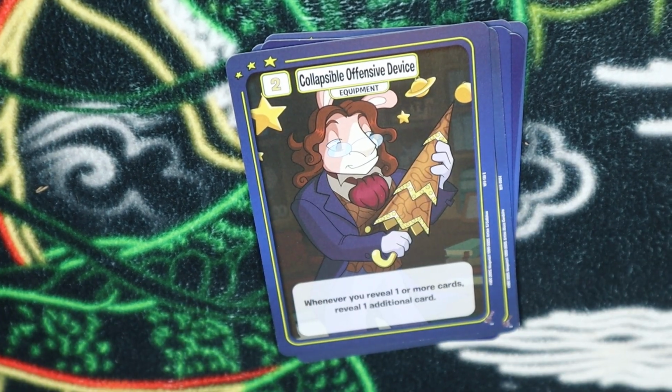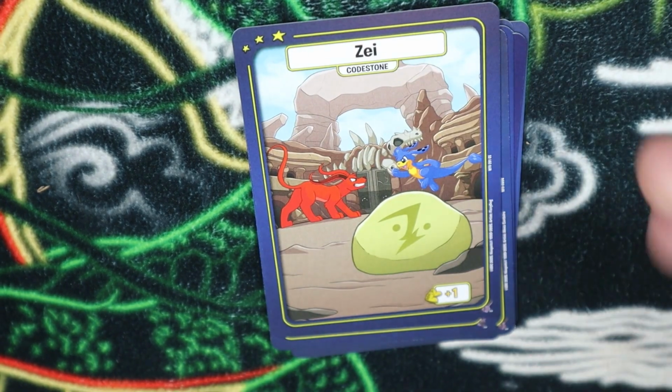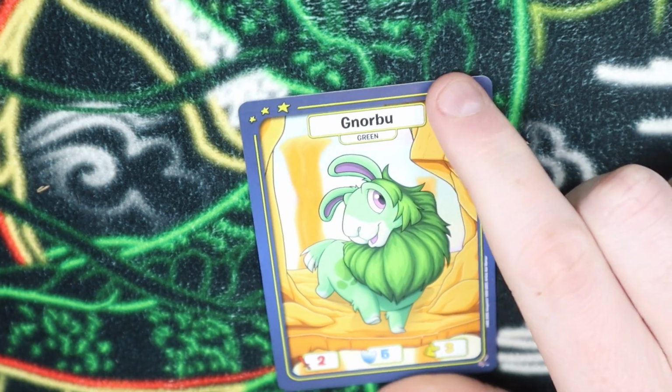A collapsible offensive device, an umbrella. Whenever you reveal one or more cards, reveal one additional card. So really kind of good for, of course, the Seekers when they reveal cards. And then a Zay Codestone. Next up, we got a